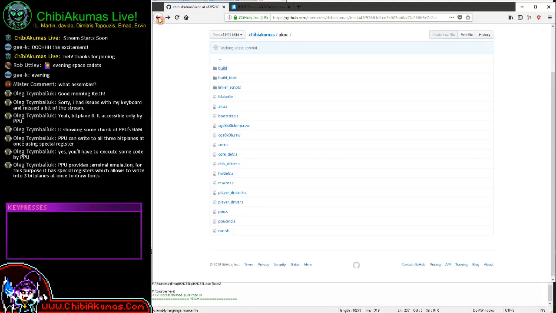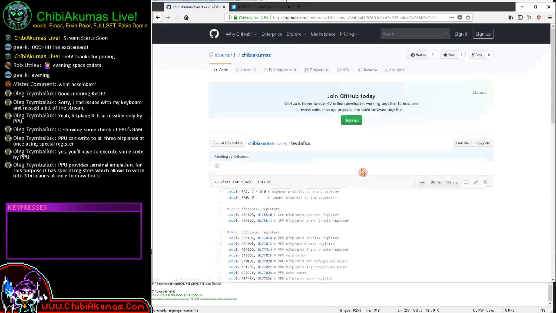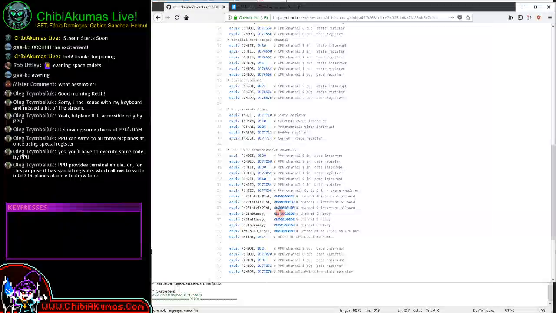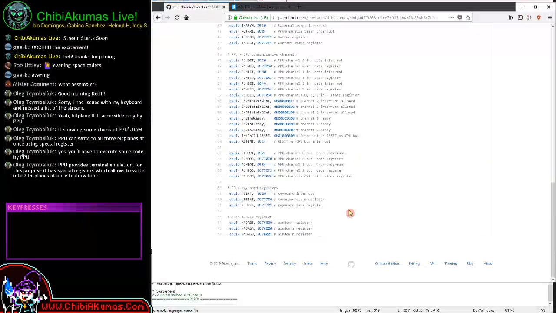And the other thing I noticed that's worth looking at if anyone is interested in this is the hardware defs file here. I've got a nice neat list here of all of the ports and what they do. So again,